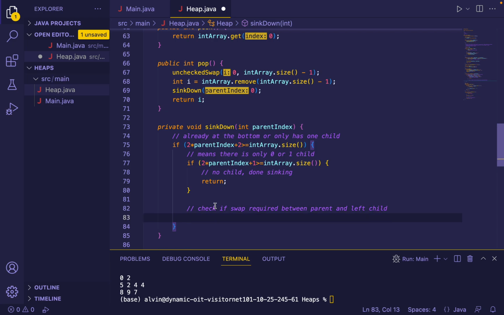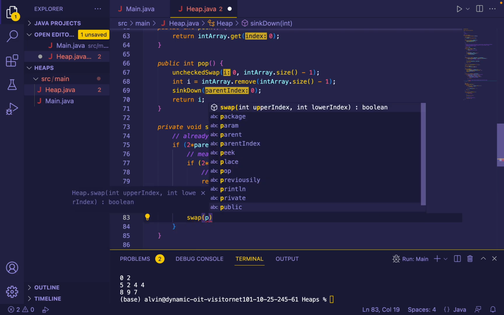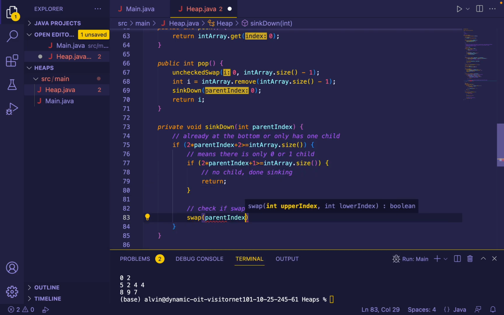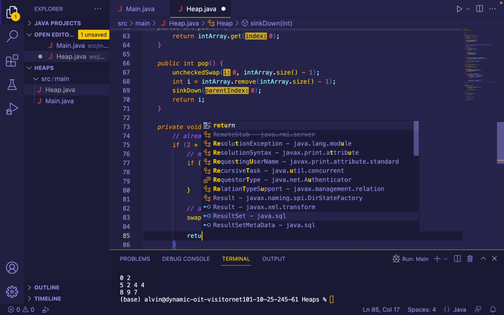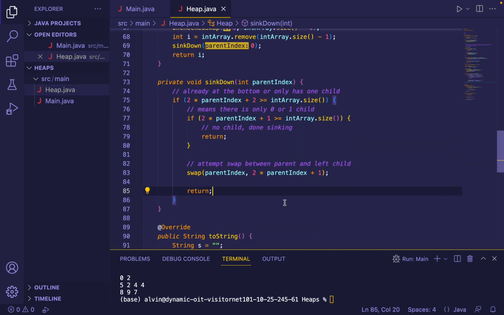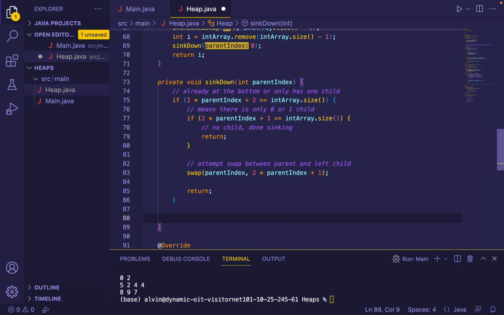Or actually, yeah. Swap, swap, and then we can just return, and afterwards we can say that